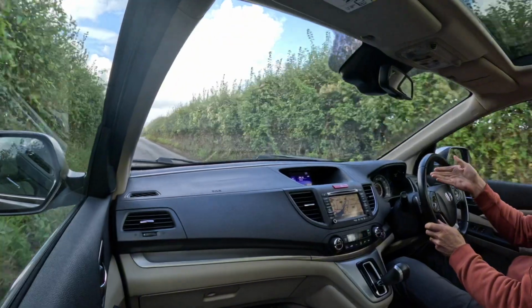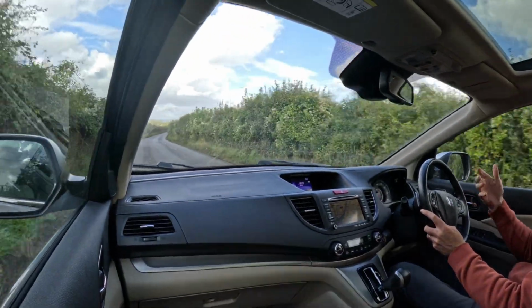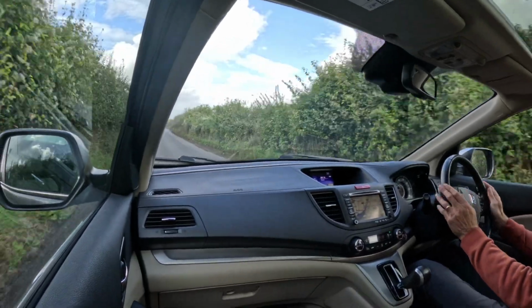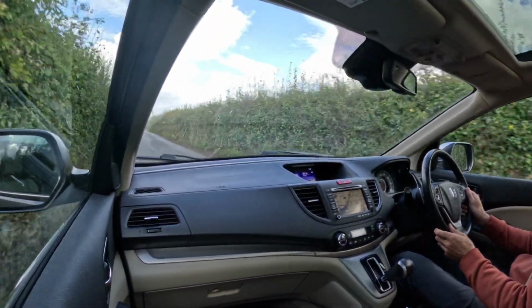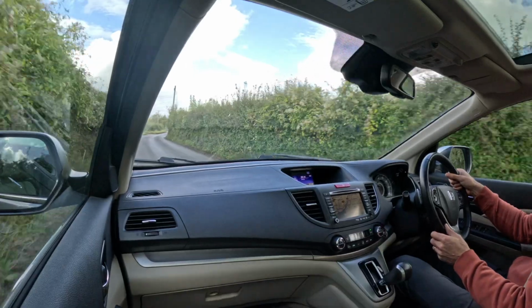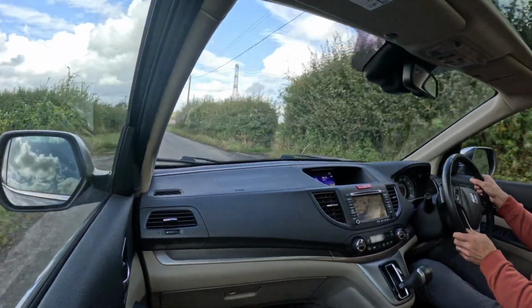And then you've got this lovely dash binnacle in front, simple, crisp, white on black dials, minimalist by modern standards, and all the better for it. And then finally this lovely leather-bound steering wheel. The one button you'll never find on a CR-V of this type is a four-wheel drive button, and this is a four-wheel drive version. Honda worked out very, very quickly that most people would be driving 99% of the time,